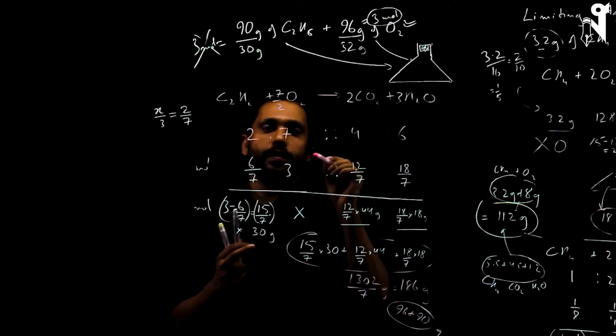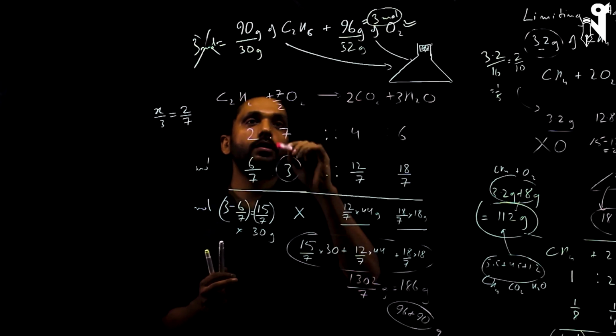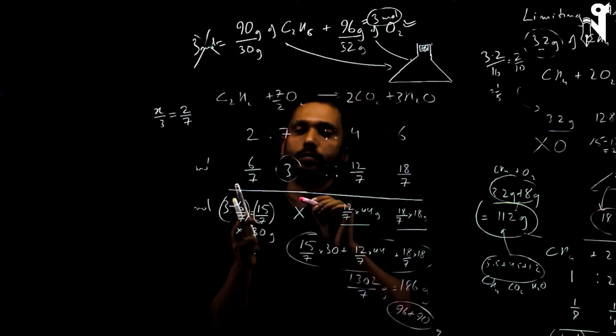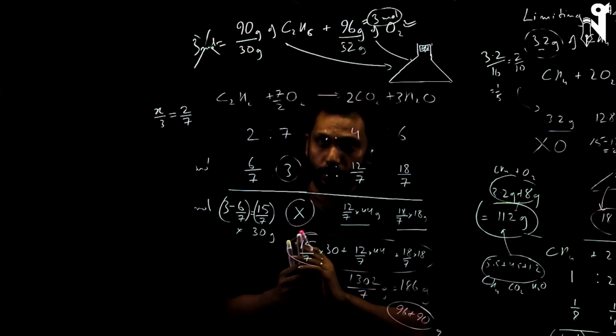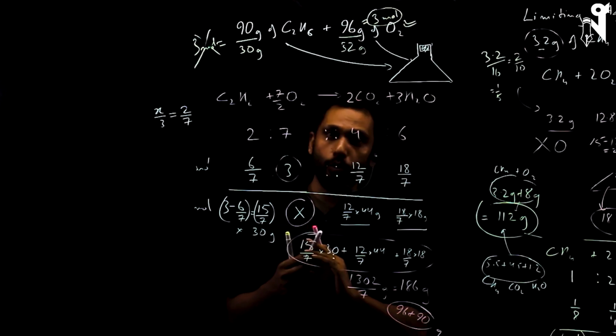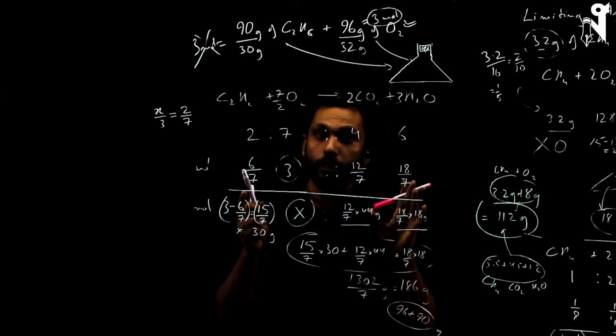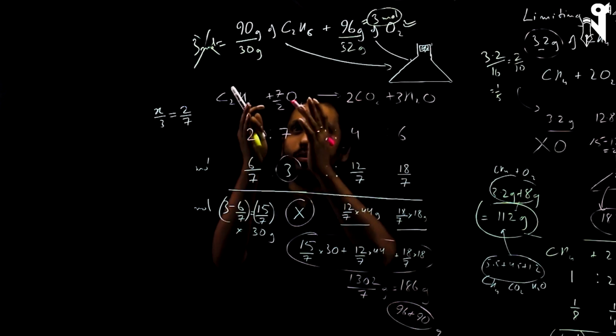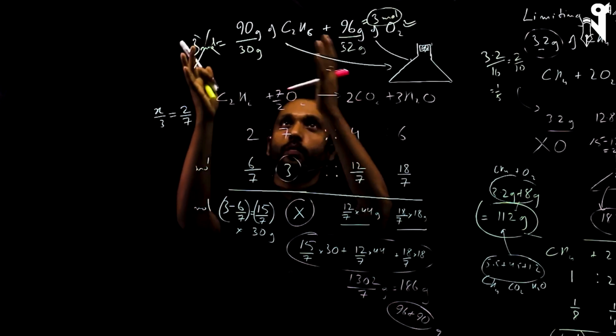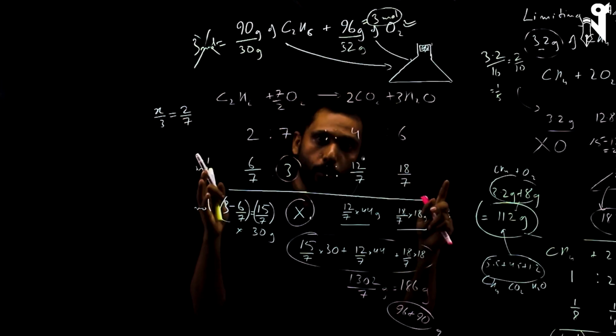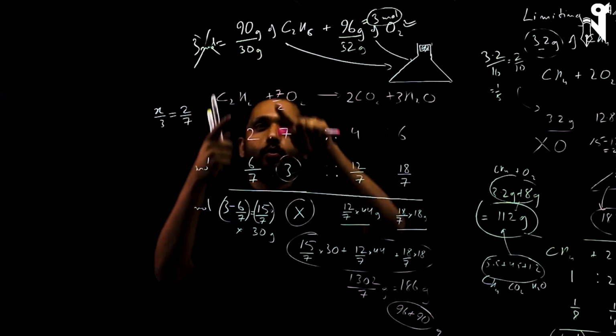So here we identified the limiting agent is oxygen. The oxygen finished off. That's your concept of limiting agent. Hope you'll be able to do questions based on that. It's not necessary that the amount, the moles, will be provided in terms of weights. We have till now learned how to convert weight to moles.